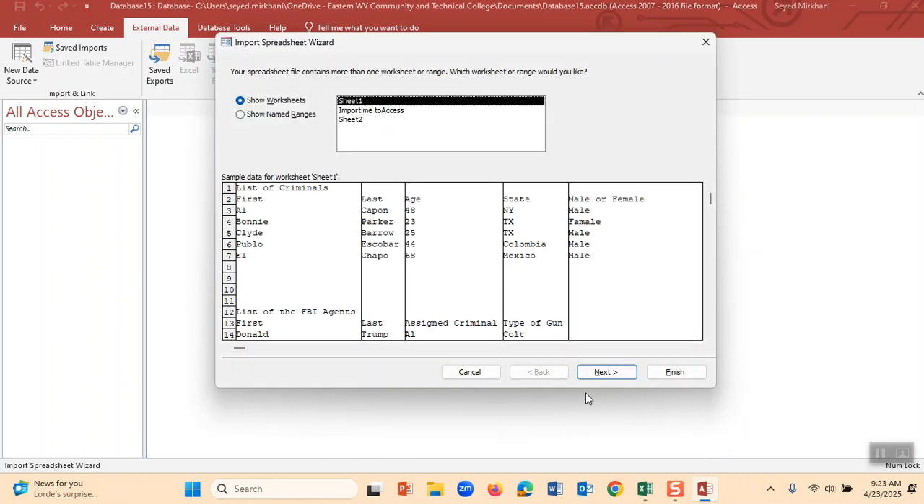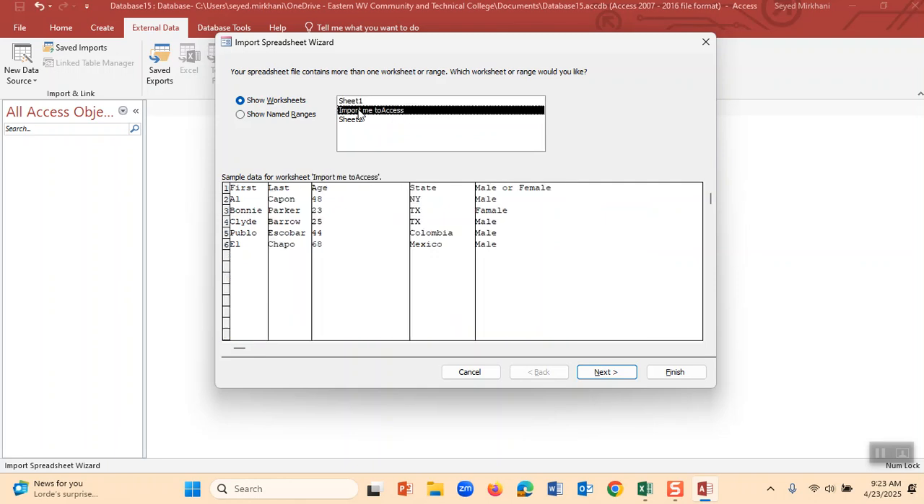It is asking me, there are several sheets in my Excel. One of them is called Import Me to Access. Do you remember? That's the one I want to bring from the Excel to Access. I click Import Me. When I import, do you see it's going to import first name, last name, age, state,